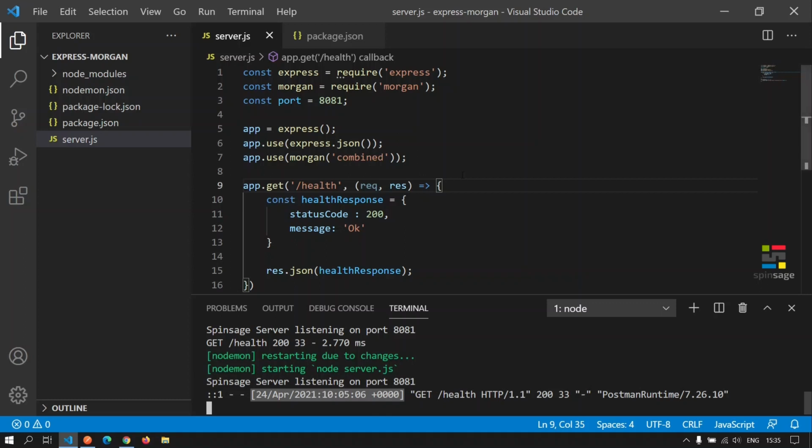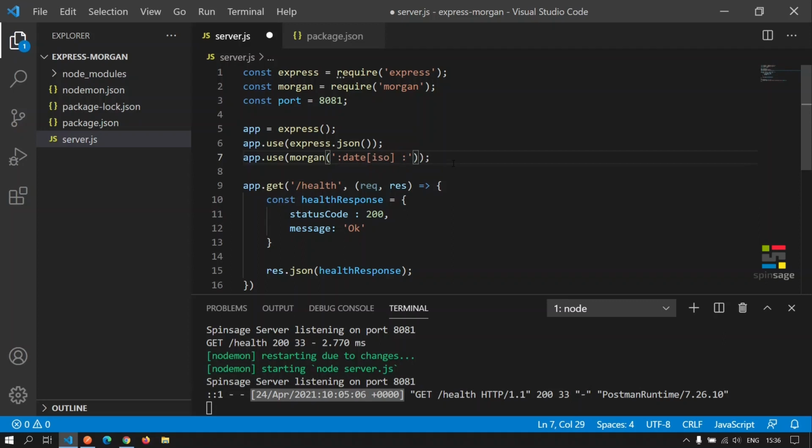If we are to define a custom format of the message that needs to be logged by Morgan, we can do that by using these tokens and log the messages in our own format as needed. Let's try that out. So here, instead of using a predefined format, we will configure Morgan by using these tokens. So if we want to log the time when the request was made, we can use the date token, and we can also provide the formatting for the date. Here we will use an ISO date format.